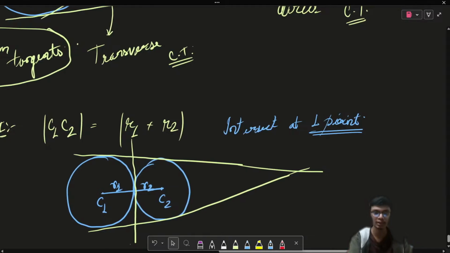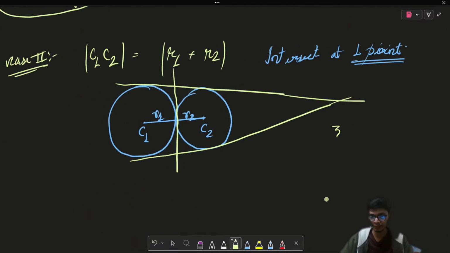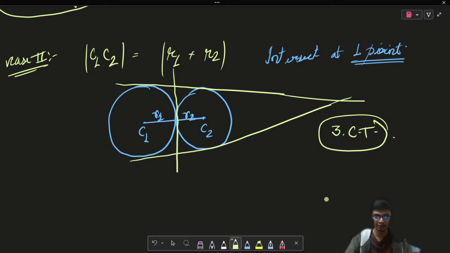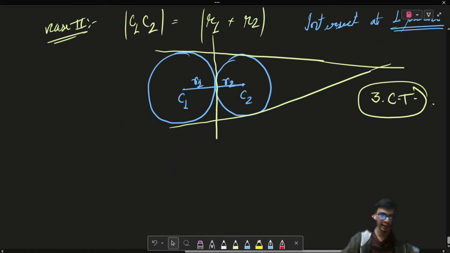Okay, so for this particular case, in total we will have three common tangents. Similarly, if we take another case